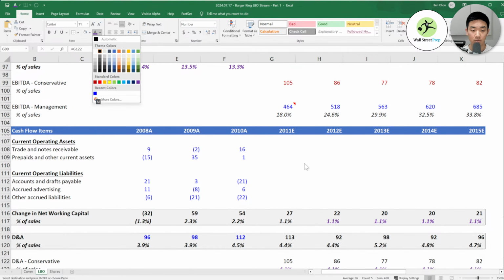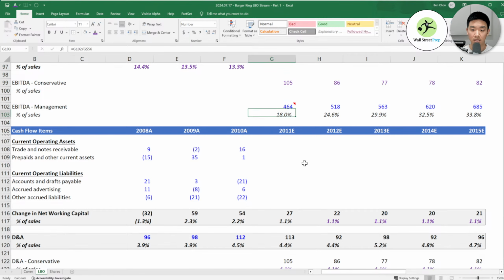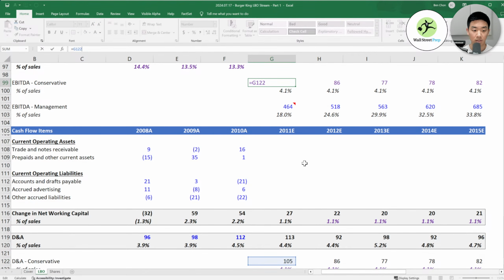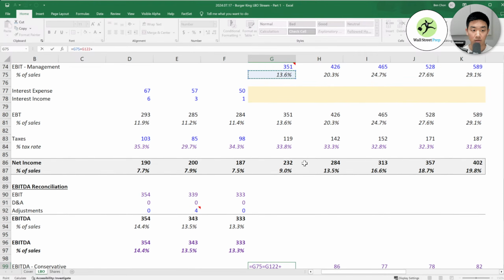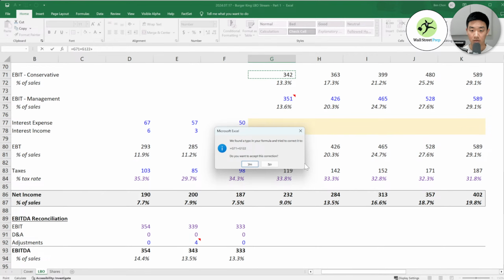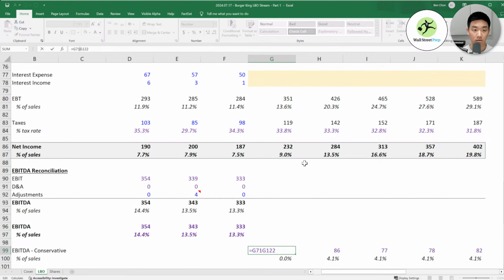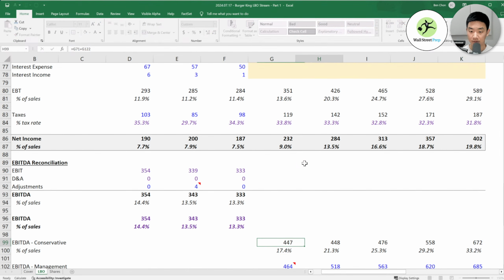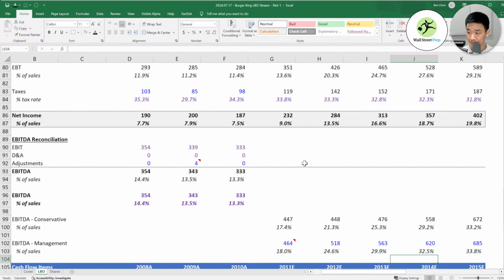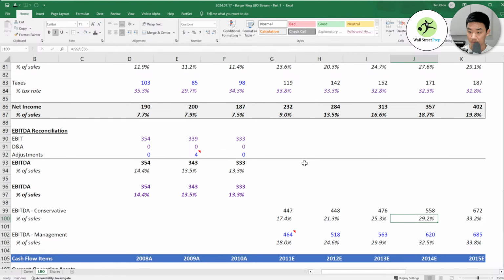Make this purple. And then this as a percentage of sales. This needs to get our D&A plus our EBIT. All right, so that's our conservative case EBITDA. Yep, looks good to me.